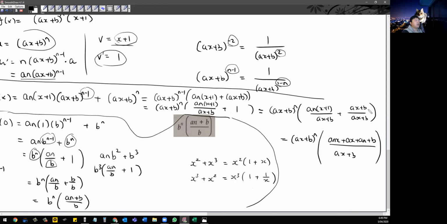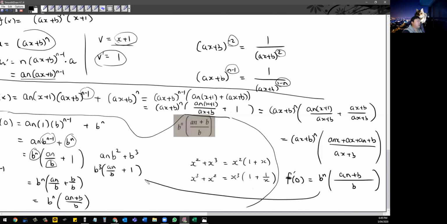So if you just expand it all out, you get this one here. Right? And then if you plug in 0, then you get, of course, f'(0), then b_n. This will be just b over here, x is 0. So it'll be just a_n plus b, which is exactly the same answer as this one over here, right? This one. Yeah. All good? Yeah, I think